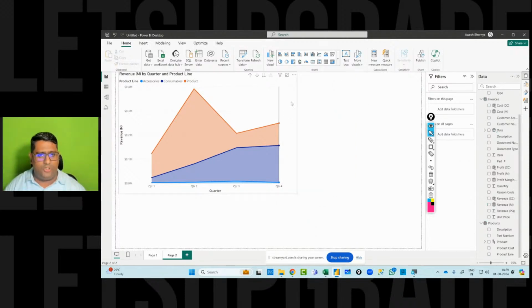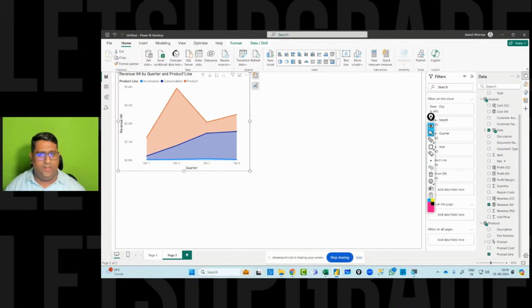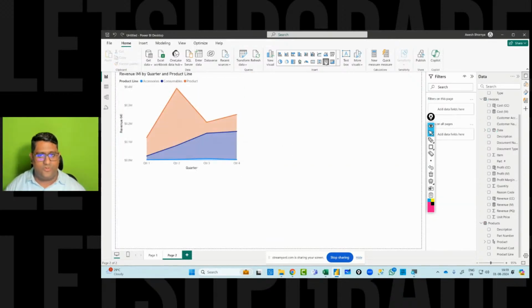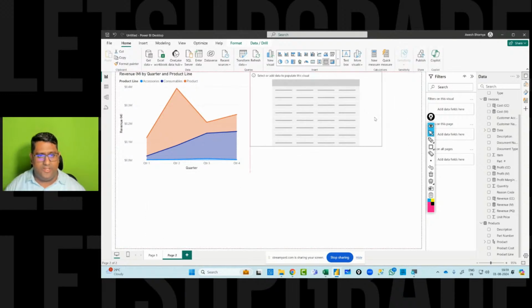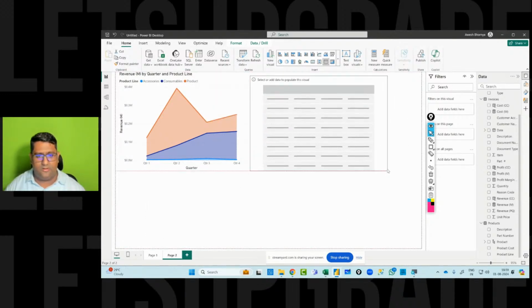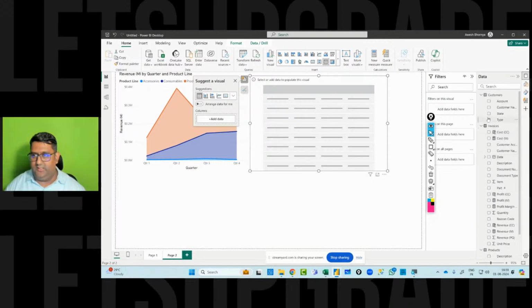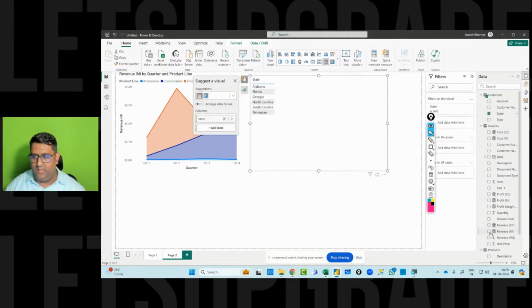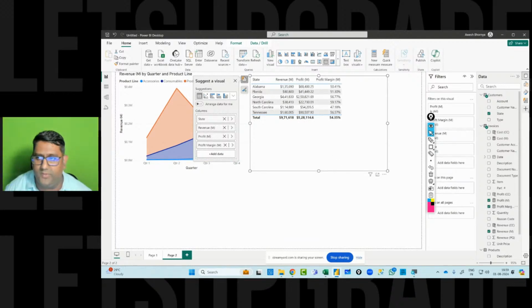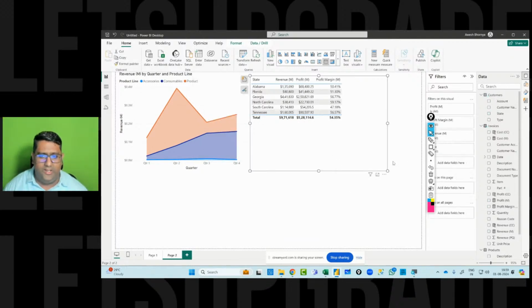So let's say I've got 2 visuals. One is this, and the other one is another visual, which is a table visual that gives me the breakdown by the different states. So I begin by adding the state, and then I add my revenue, and then the profit and profit margin, just for an understanding. Now here, if I go ahead and want to filter my data, I can use a